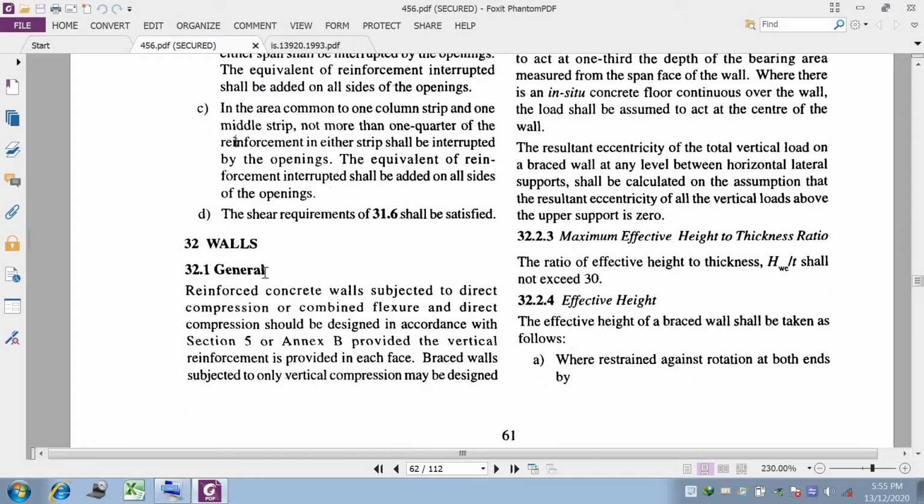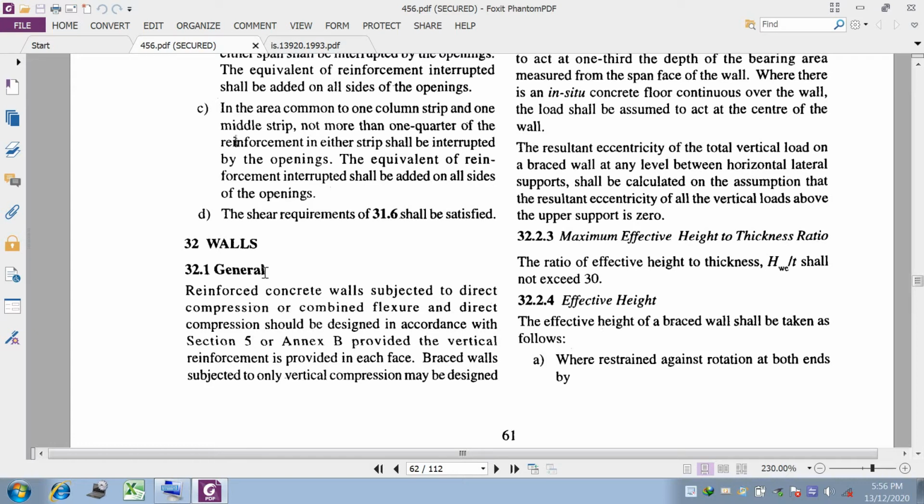So dear students, today we will see the codal provision of shear wall. In the last lecture we have already seen the introduction of shear wall, its various types, the basic requirement of shear walls, and the suitability of the shear wall in buildings. Today we will see the analytical requirement and the codal provision of the shear wall as per